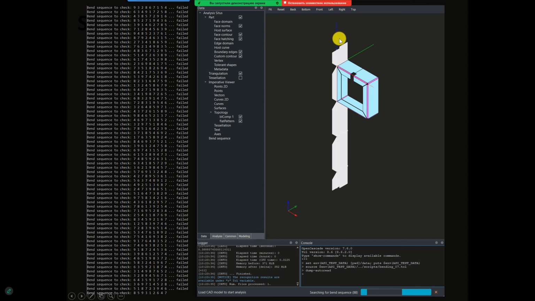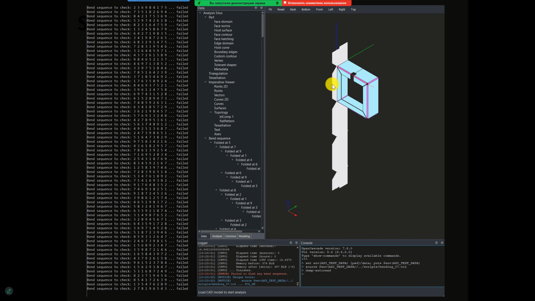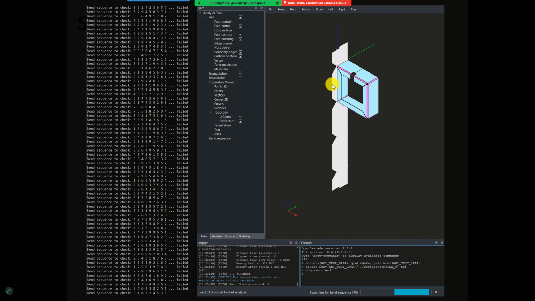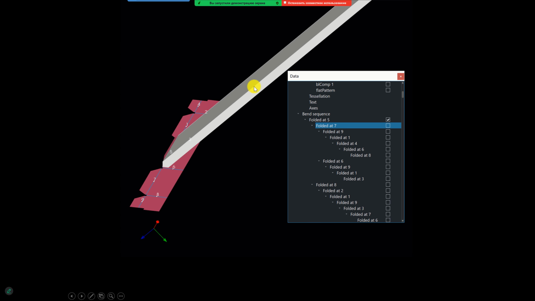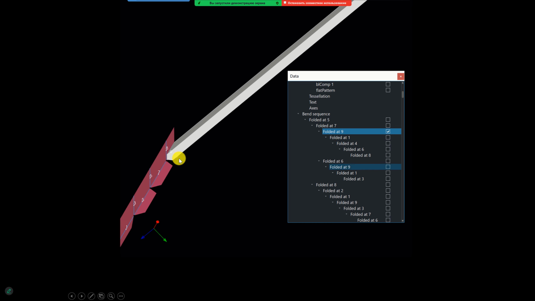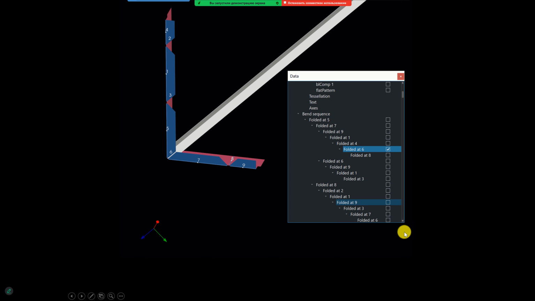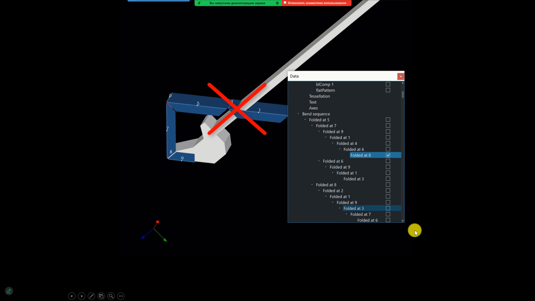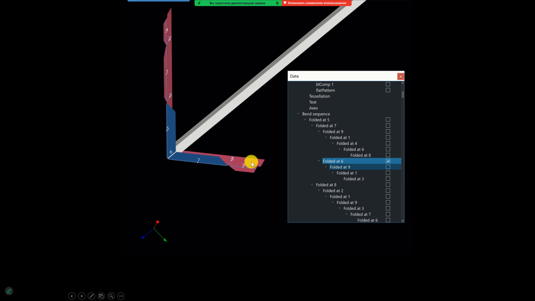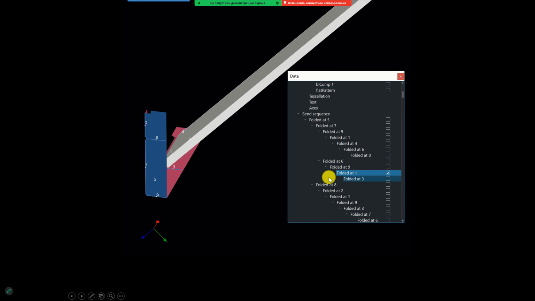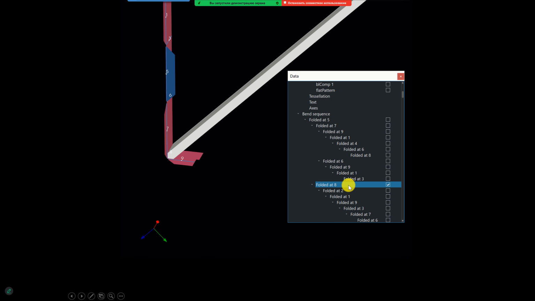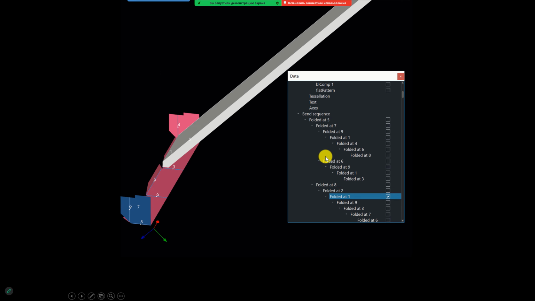Geometrically speaking, we took the flat pattern, we took all the bend lines, we projected the bend lines onto the flat pattern to obtain a foil shape, like a thin shell that we then started to fold back. So we folded each flange one after another, and this way we obtained a graph of intermediate folded states of the geometry. And once we hit a collision, we come back to the previous state, and we start again